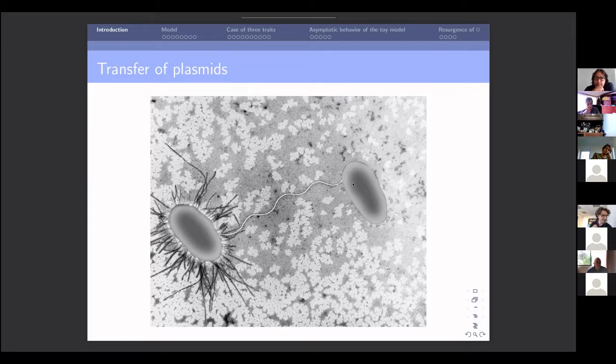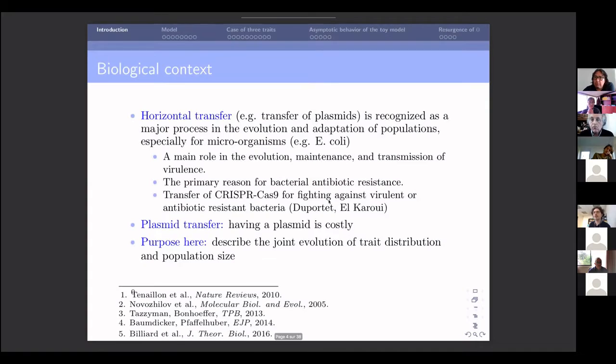And what the bacteria do is that they send some sort of canne à pêche, they are fishing. They are sending a small flagella. When they find some other bacteria of the same species, most often, they construct a small tunnel, a small path between the two, and plasmids can be exchanged through this path. This is what is called transfer of plasmids. More generally, there are other mechanisms of so-called horizontal transfer, but you may think of transfer of plasmids; it's enough for my talk to have this in mind.